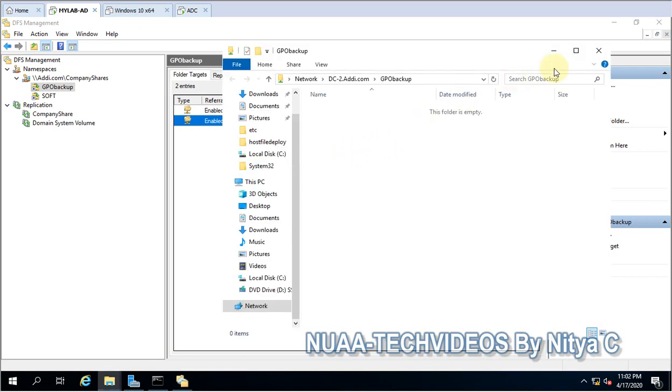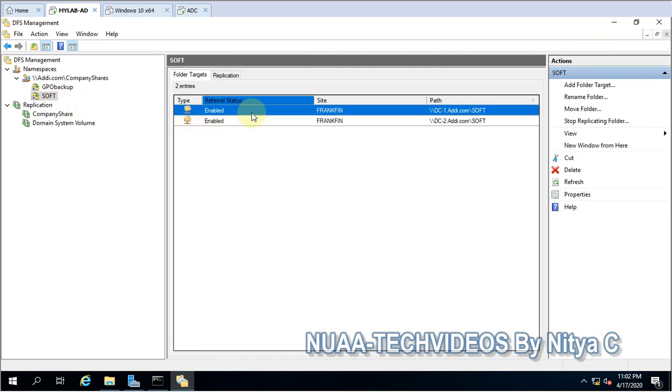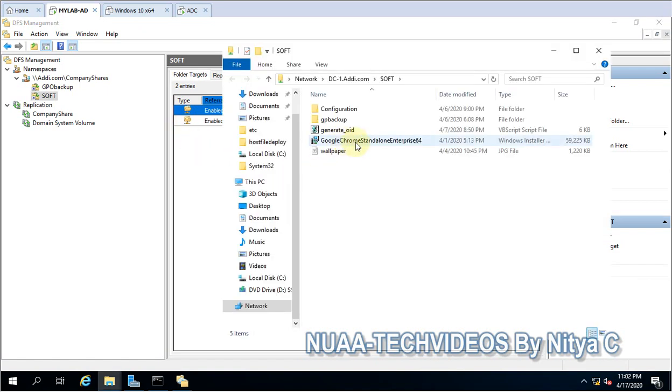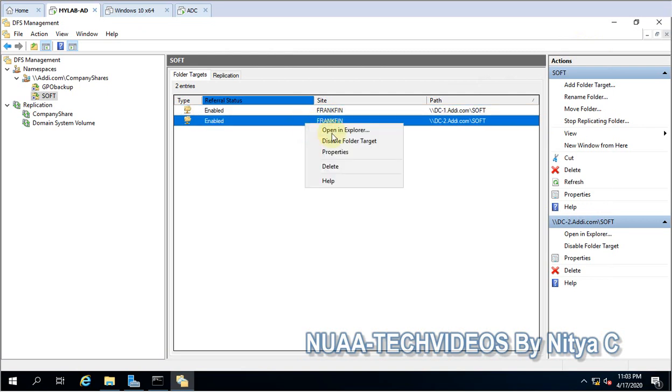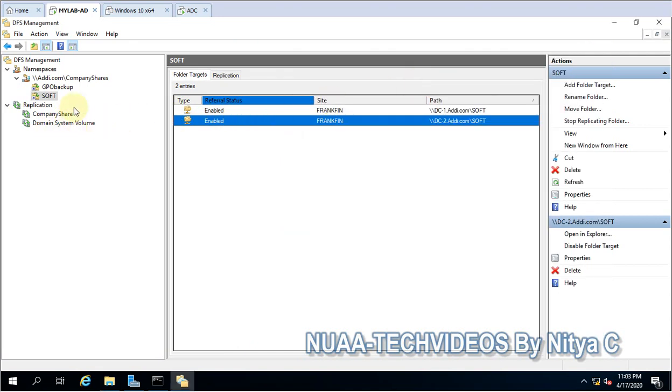Not yet replicated. Okay, let's check soft. Let me open it on DC1. This much data is available here. On DC2, this is not yet replicated. So let's wait for some time. For the time being, I will pause the video.